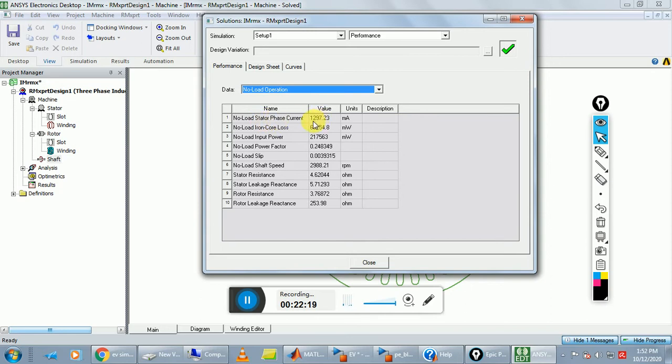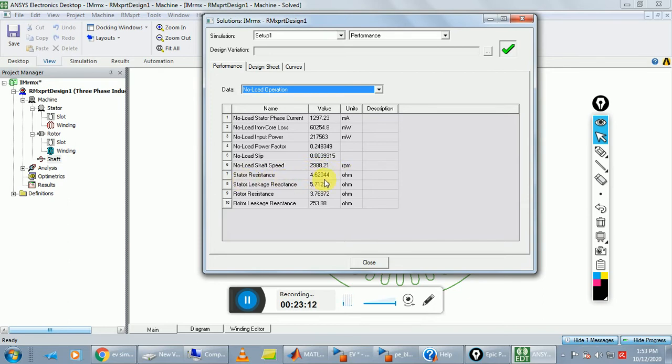It draws 1297.22 milliampere current, and no load iron core losses is 60254.8 milliwatt, and no load input power is 217,563 milliwatt, and no load speed of shaft is 2988.21 rpm.